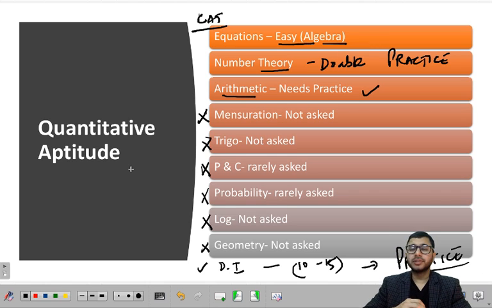Mahendra, when should we start preparation for quant? Depends upon your present level. First of all, you have to identify what your present level is. If you are very weak in quant, you have to start now only. If you are average in quant and you know that with a little practice, with a little understanding of some topics, you can pick it up faster, you first prepare for phase 2 and then you start preparation for phase 1. So how do you identify where you stand? You take 2 or 3 mocks, and based on the scores of those mocks, you will be able to understand where you stand.